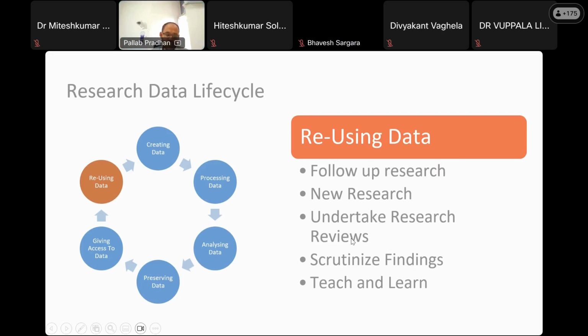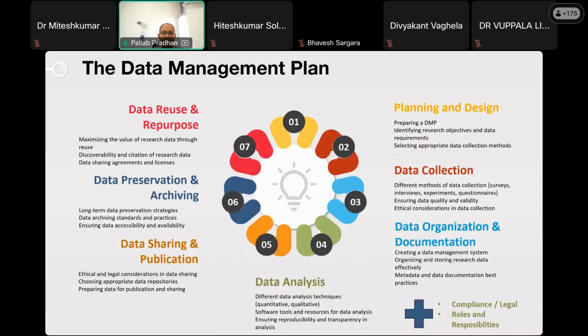This data can be used for teaching and learning. So it can be used for assignments or exploring new aspects of research by other researchers and other colleagues also. So, the data management plan, as I already said,